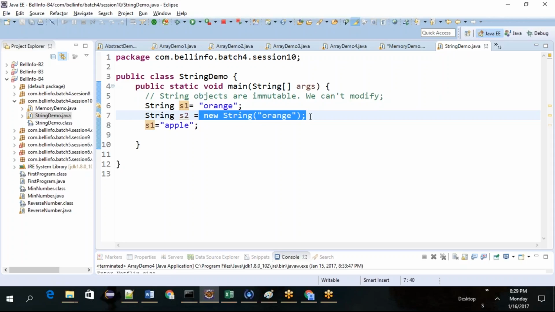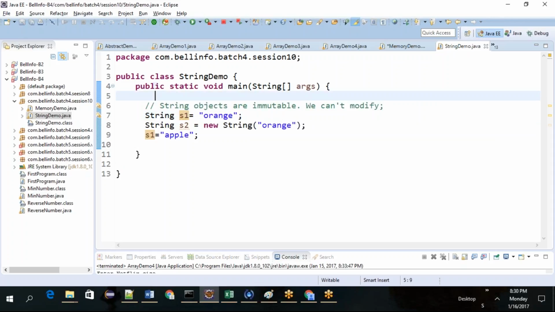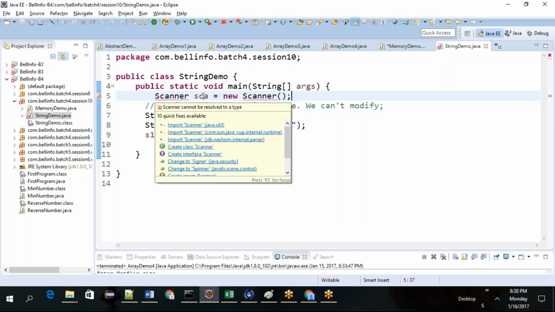We'll discuss string buffer and string builder later, but for now, like I mentioned, String is a built-in class that we got. And for scanner, what did we do? scan equal to new Scanner. Scanner is also a built-in class, and you are getting an error for it.